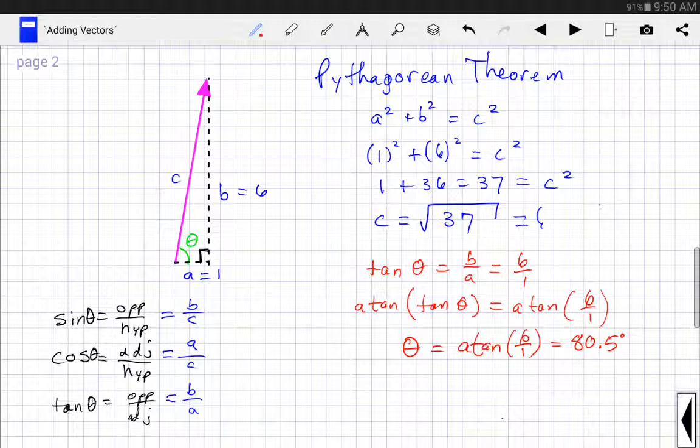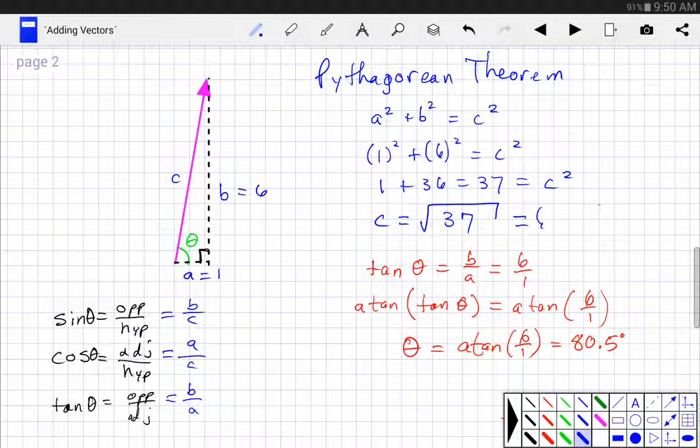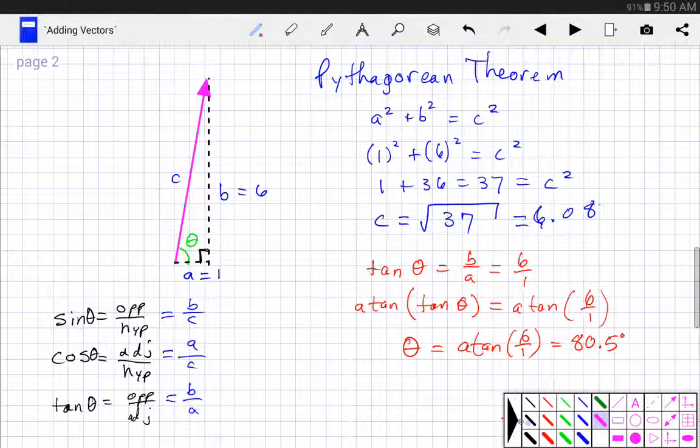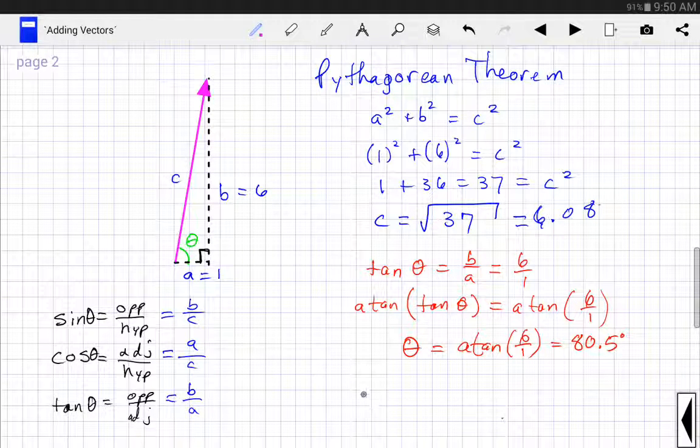And so that's how I find my magnitude. I apparently erased there. My mistake. I didn't notice when I did it. 6.08 is what I had there. And so now I can write my full result. I had vector A plus vector B equals 1 x hat plus 6 y hat equals 6.08 at